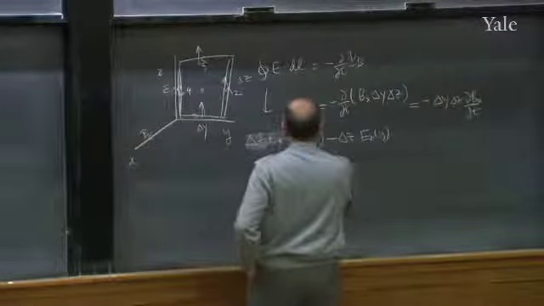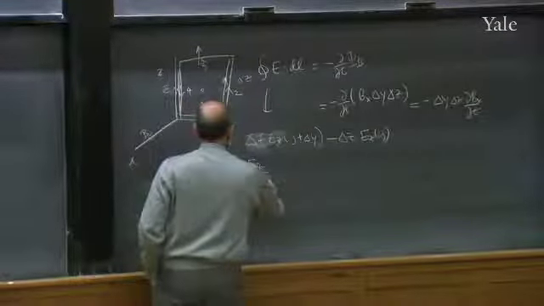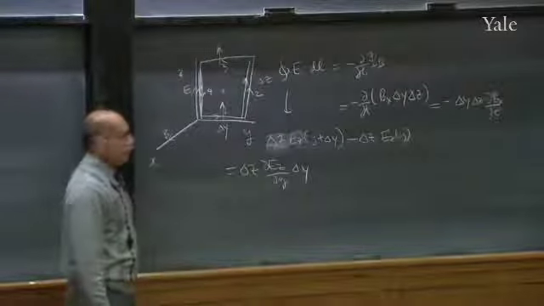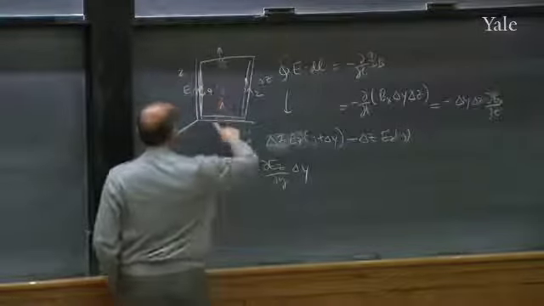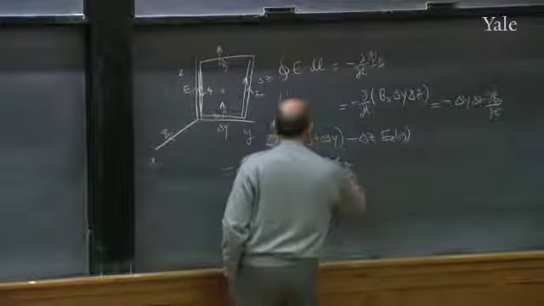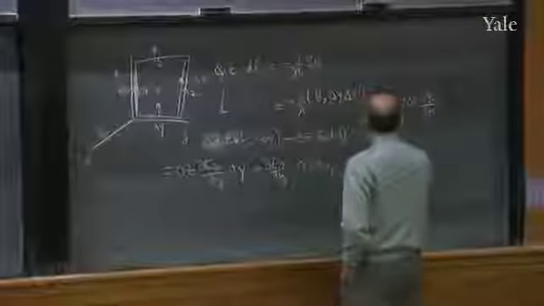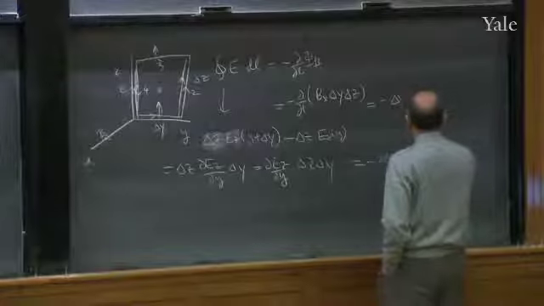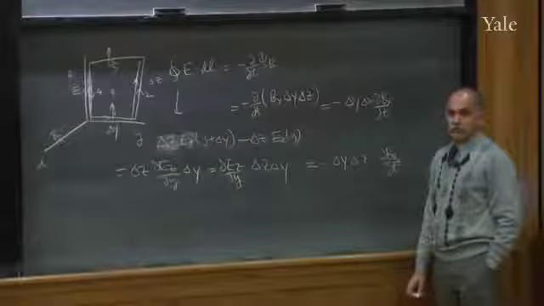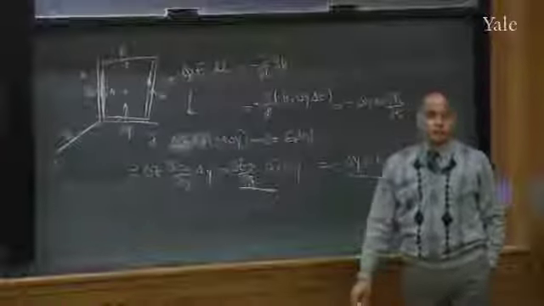So here I hope you guys will know what to do. You will say that is then roughly equal to dEz over dy times delta y. Therefore, the line integral of the electric field is proportional to the derivative of Ez with respect to y times the area of the loop. And the surface integral of the flux change is also proportional to the area of the loop, and you get dBx dt. So this is the final equation you get by considering that loop.